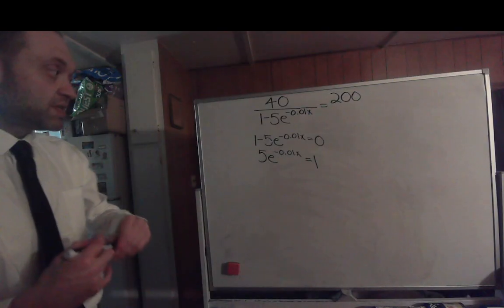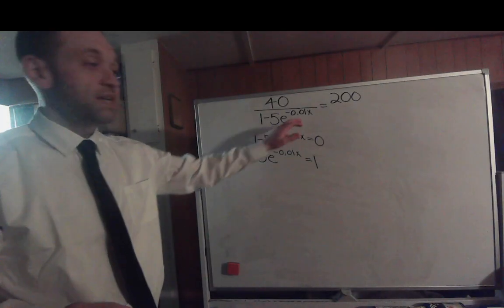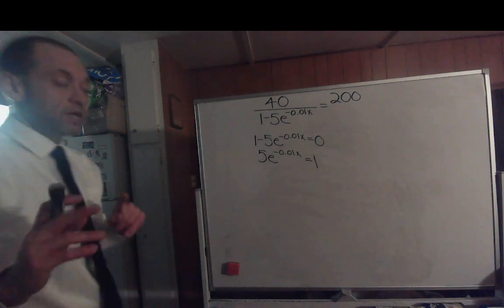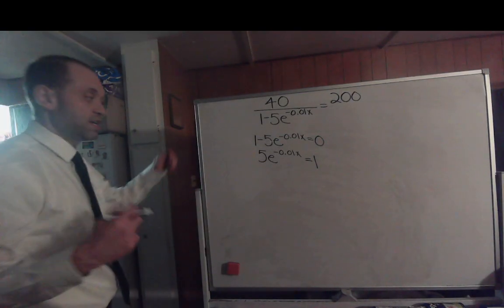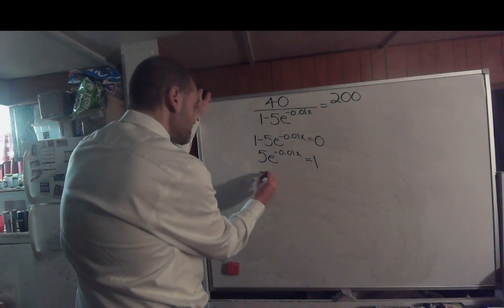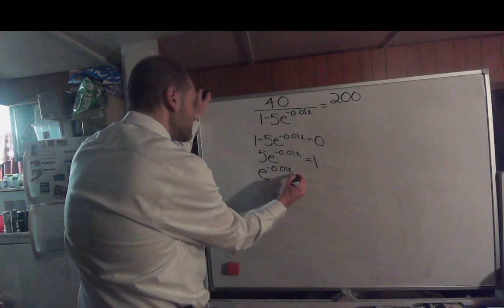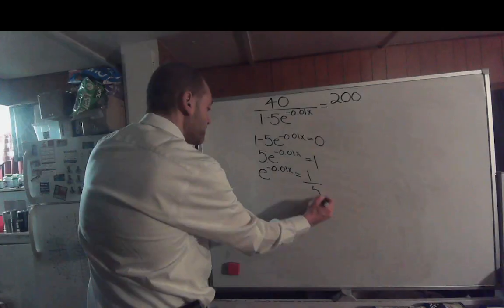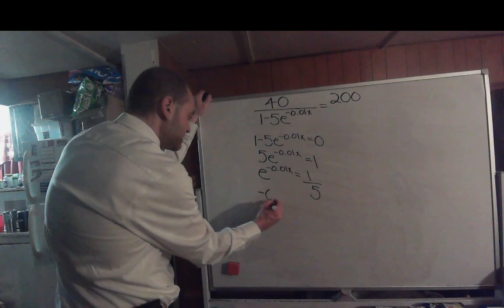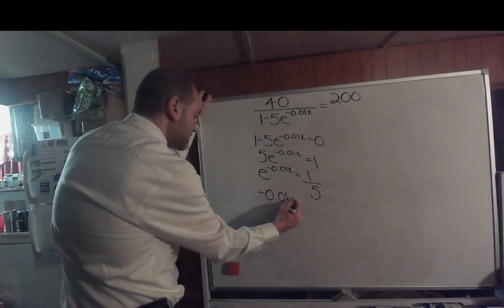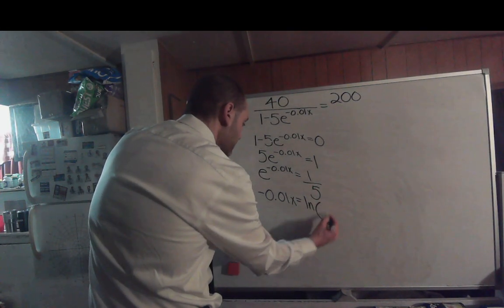So yes, there is a possibility you could get some number that equals 1, which would make the denominator 0. So we're going to try to find the extraneous solution so we know to stay away from it. So this would turn into e to the negative 0.01x equals 1/5, which would mean that negative 0.01x is going to end up equaling the natural log of 1/5,